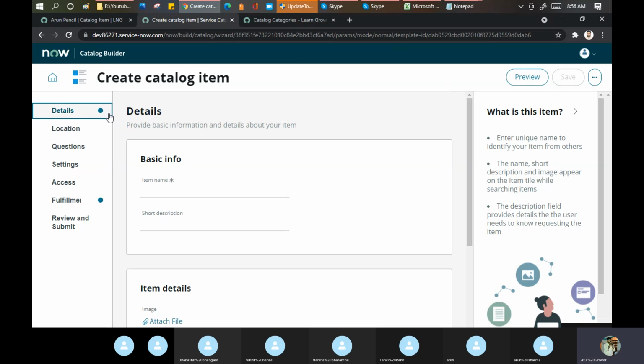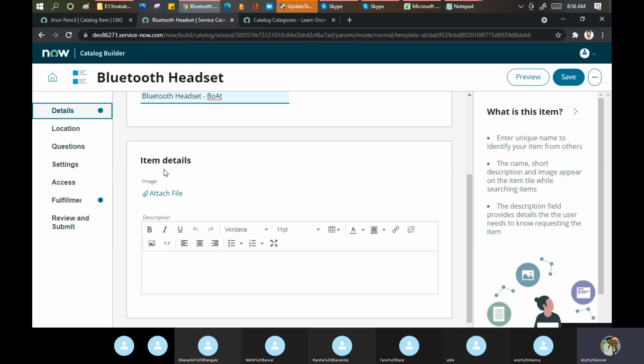Same thing which we did in the catalog item details, item name. What can I mention here? Short description. Item details.